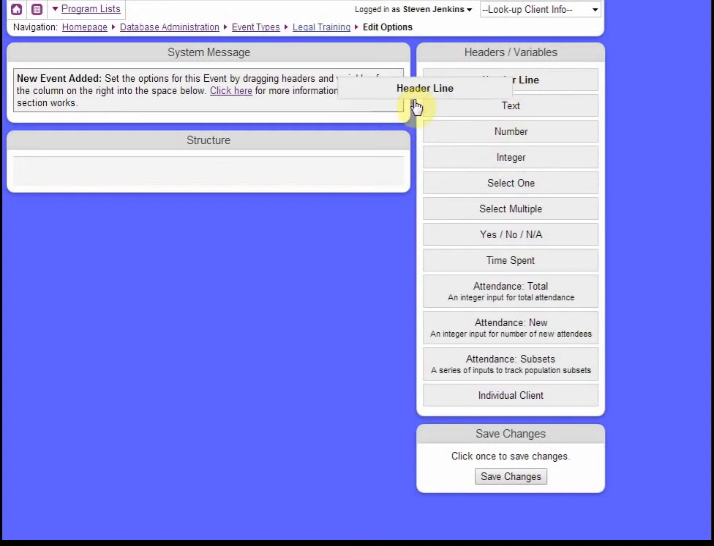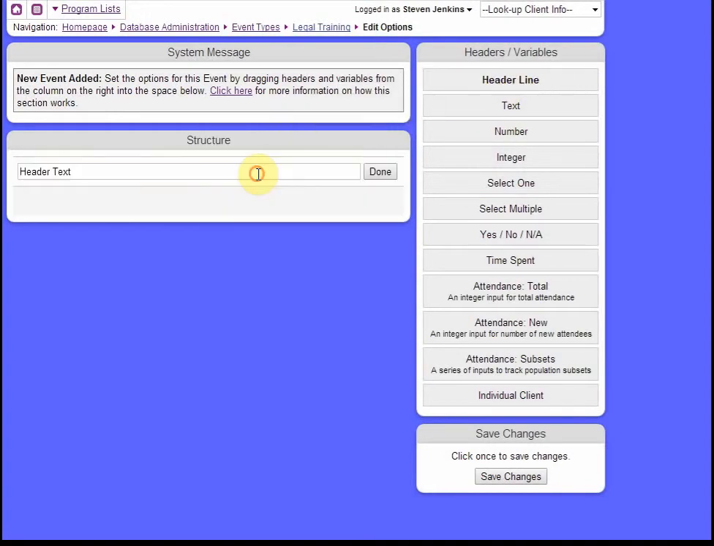A header line. You can drag that over there. And now we can say just attendance information. Done. And that's just going to be kind of a prompt for people putting in data. Text